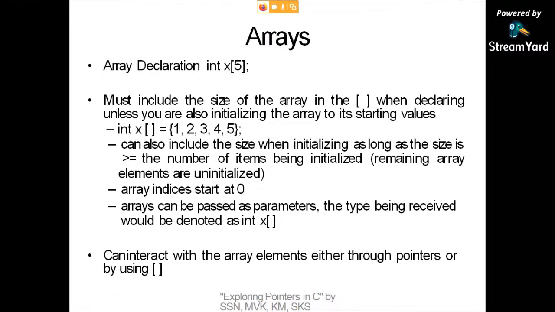It's well known that arrays comprise a collection of similar type of data together. So I can have an array of integers or floats or characters or any other type. Then the array elements are indicated like this. This statement is an example of integer array X, and the elements are statically initialized like this. Well, it is not necessary for you to initialize them like this. You can always make your programs more interactive by asking the user to enter the data for you. That is quite possible. And we also know that the array index starts at 0